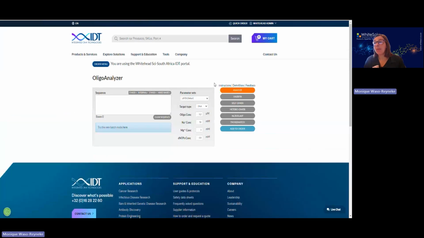So this is what the page would look like. You just paste your sequence information in the white block where it says sequence, and then you also have the option of adding modifications on the 5', 3', internally or mixed bases. On the right-hand side, you then set certain parameters for your PCR assay that you're going to run, and you then click on Analyze, and it will give you a report of any secondary structures that your oligos may